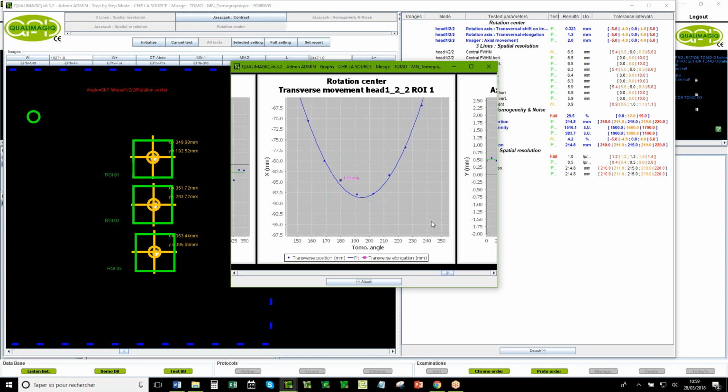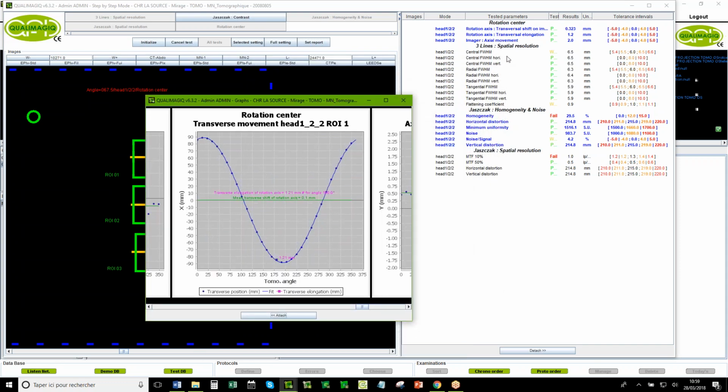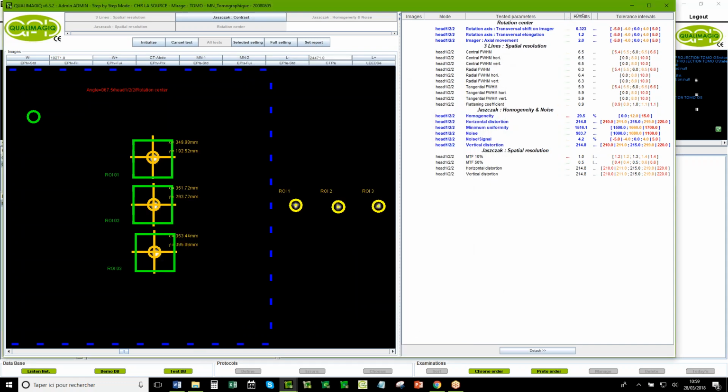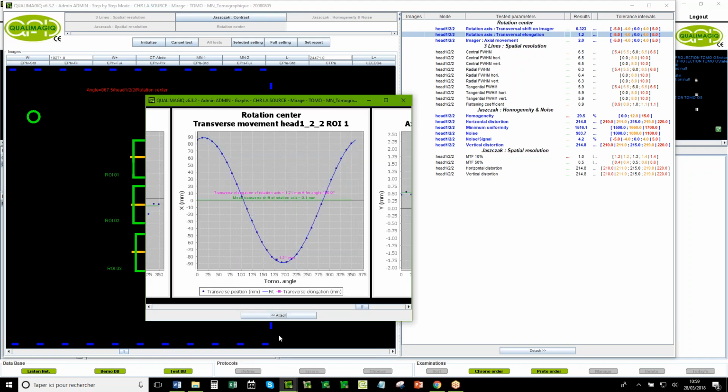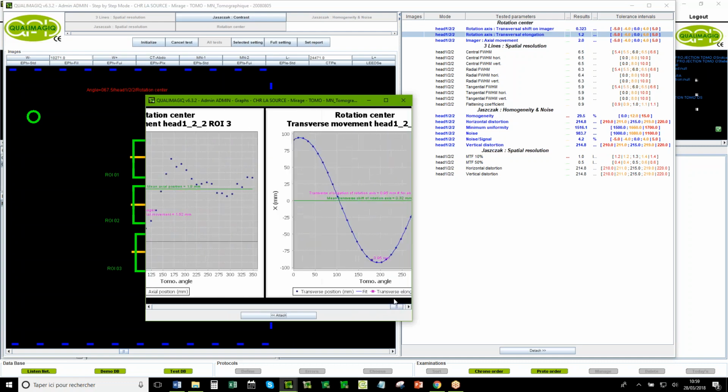So we evaluate the quality of the rotation in 2 directions, the head and feet direction, where we control the movement of the source, and the transversal direction, which is this graph. But for the longitudinal direction, I don't remember exactly how we do that, excuse me.